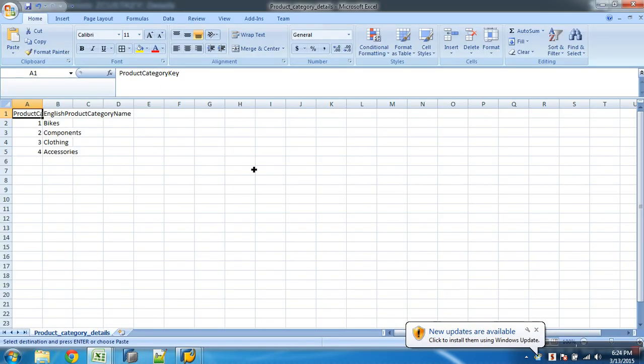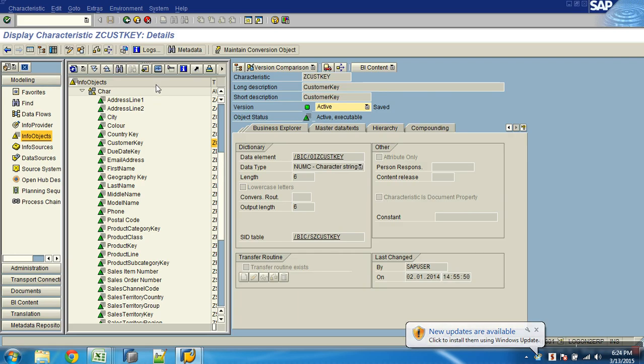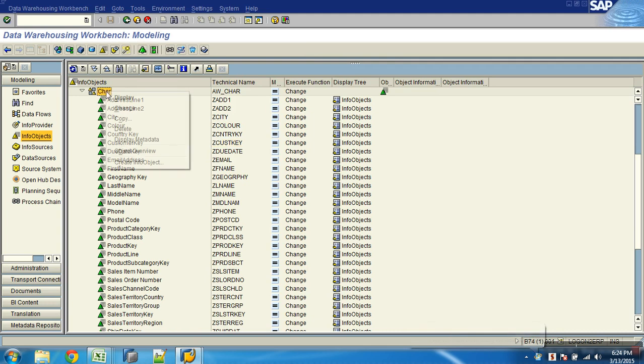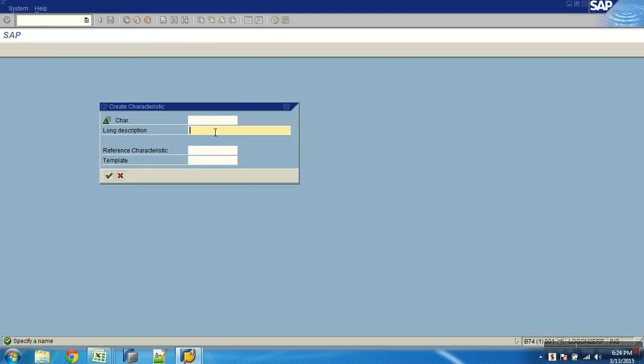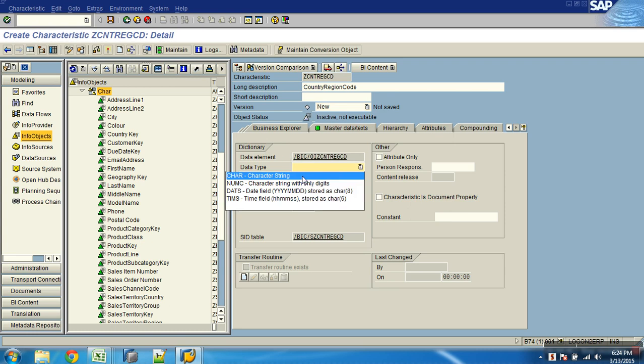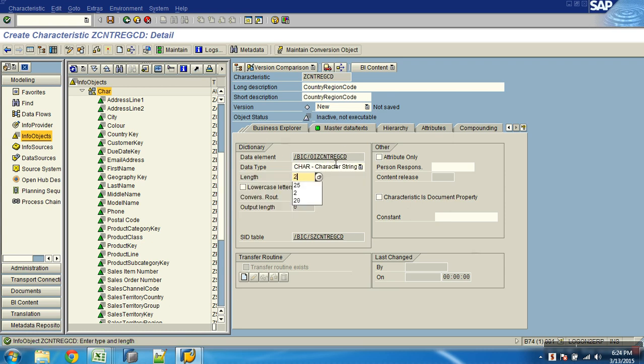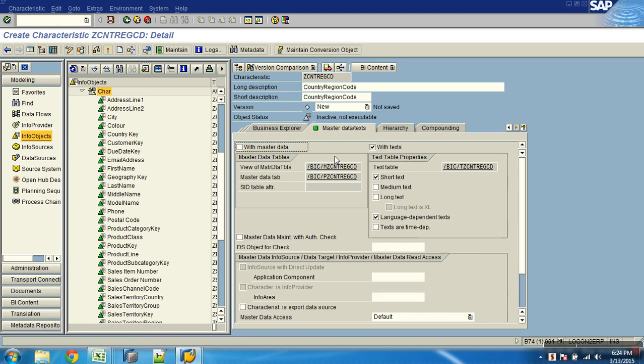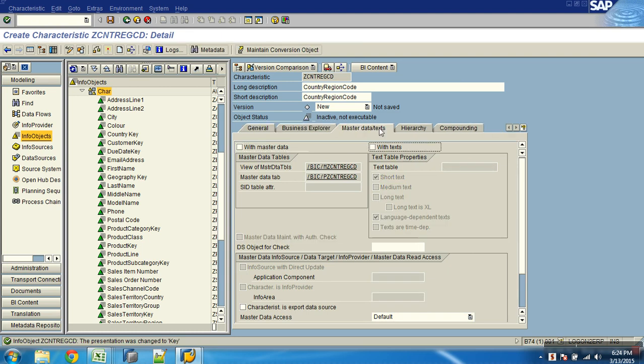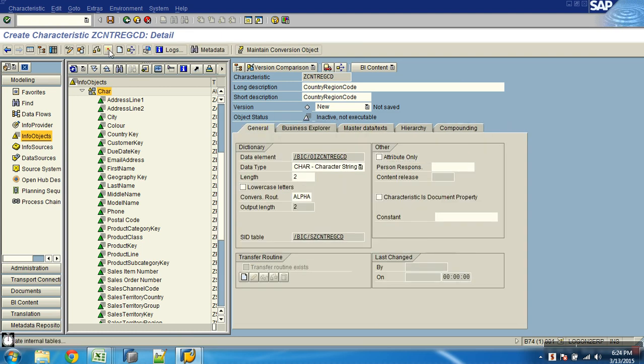No, sorry, it can't be used. I think I'll have to create ZCNTREGCD. That's CHAR and length 2. Let me activate.